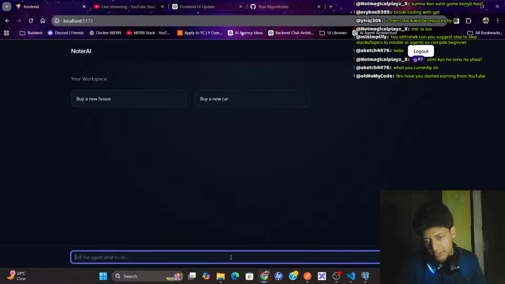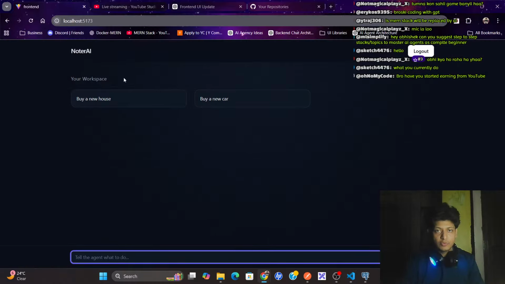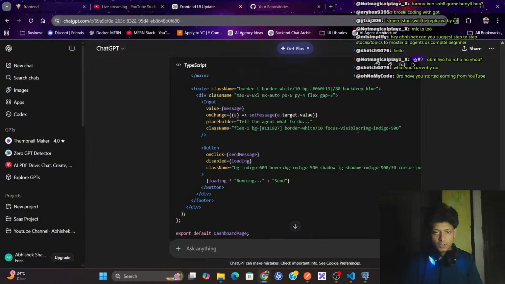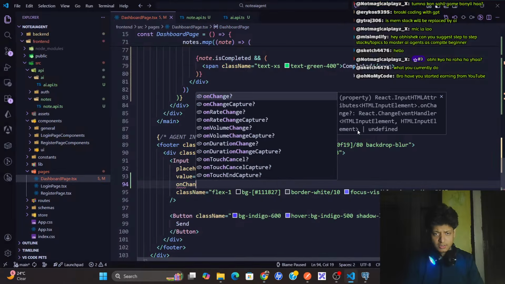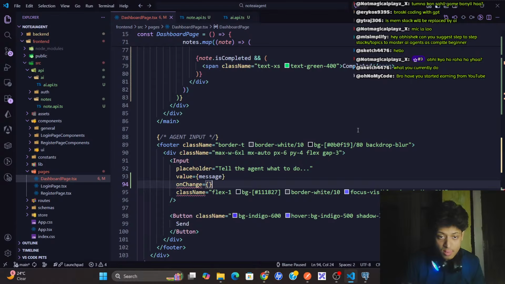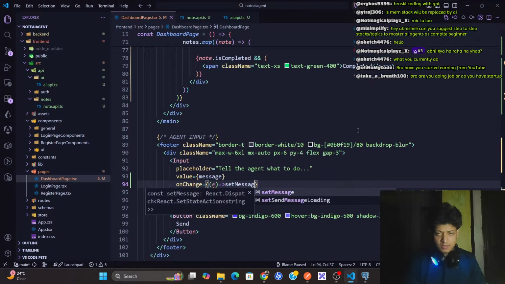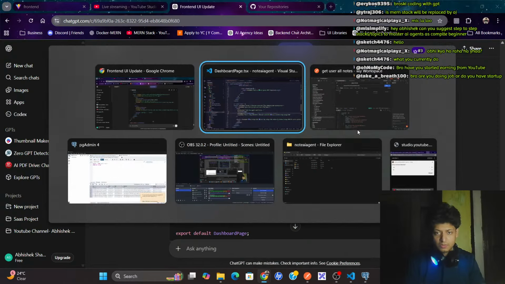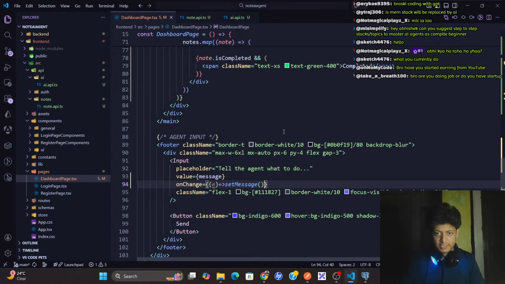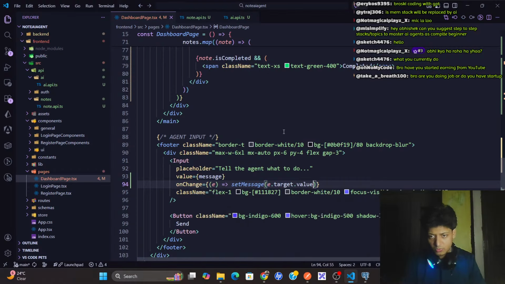But now I will not be able to type because I need to add onChange. Here onChange equals e, then setMessage, here we have setMessage e.target.value.